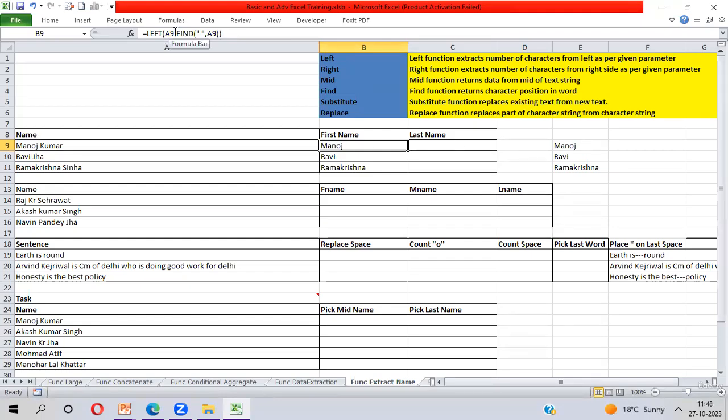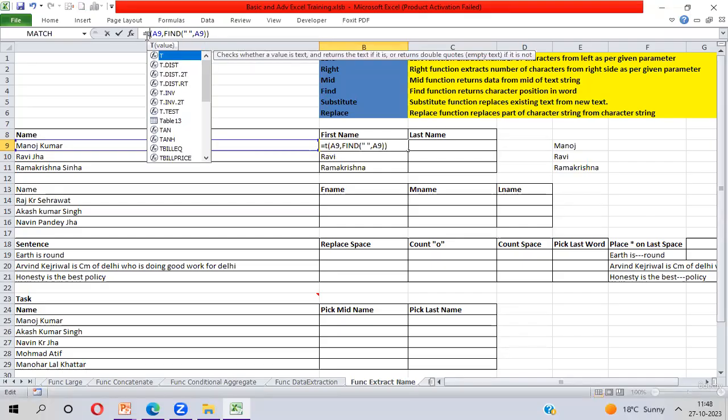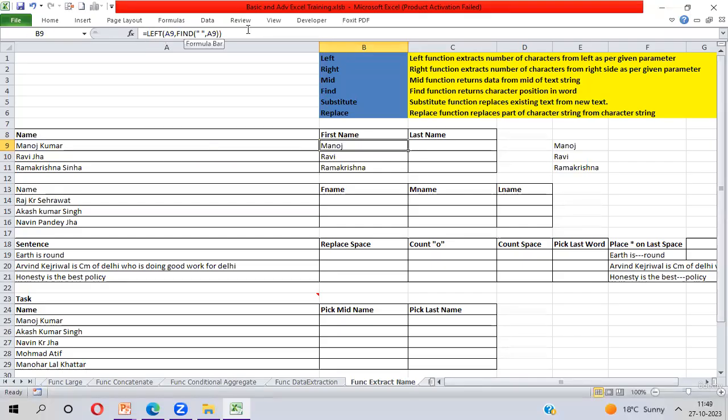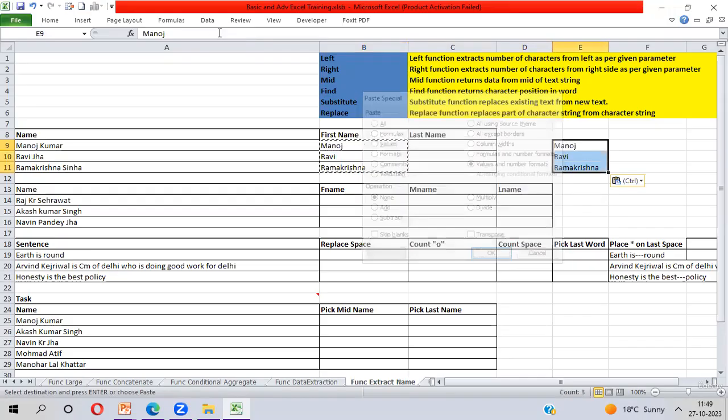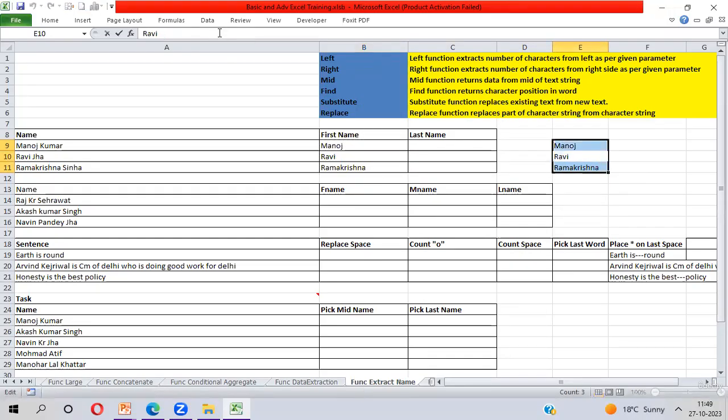The output of the FIND function will be 6, so you are getting 6 characters from the left side. That's why you are getting the extra space. If you want to remove the extra space, then you have to put the TRIM function. If you are putting -1 here, there is no need for the TRIM function. If I take -1, the issue has been resolved. Now you don't have any extra spaces. I'm pasting here, and you can see you don't have any extra spaces in any of the names.